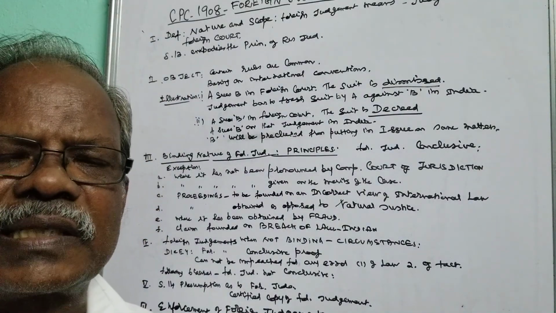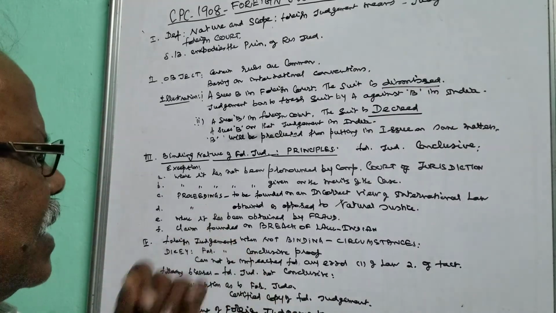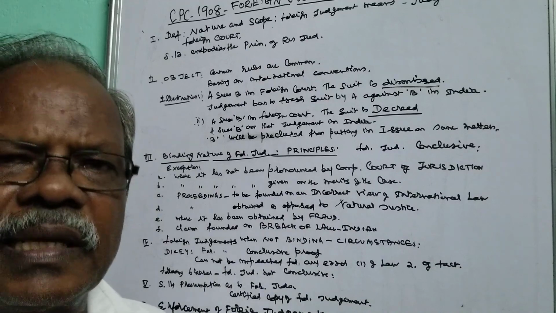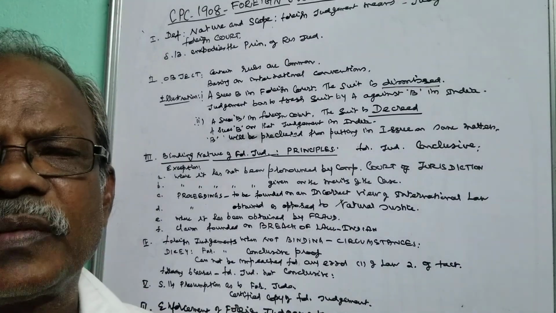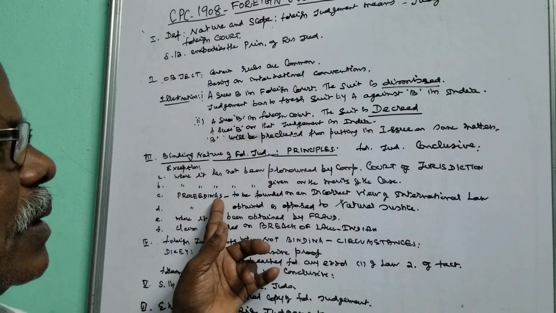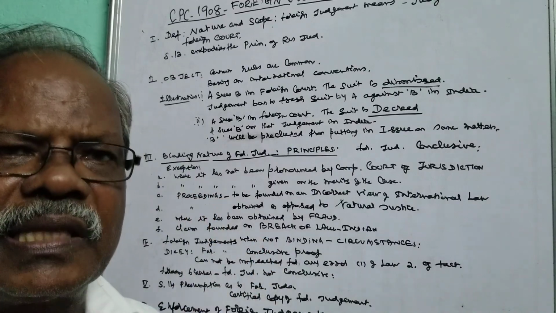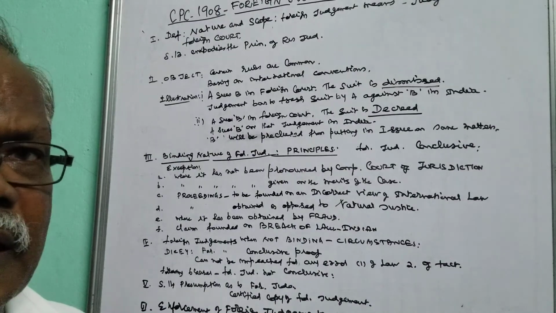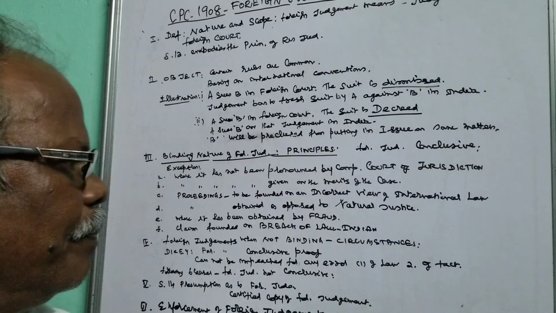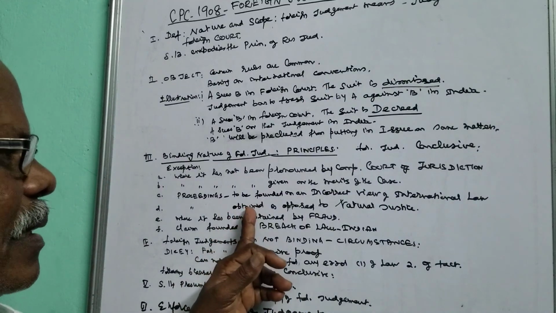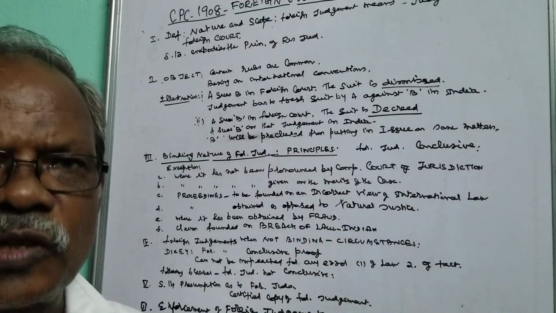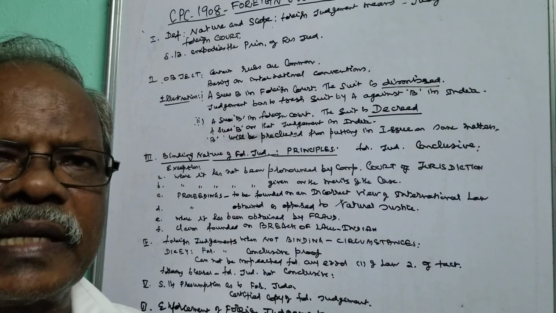If it is not within the jurisdiction, it cannot be taken. Second thing, if the merits of the case are not fair, then it is not taken as conclusive proof. Third thing, if it is not on par with international law, then it is not conclusive proof. The judgment cannot be taken up as if it were made in India if it has not followed natural justice. There should not be any bias while getting the judgment.